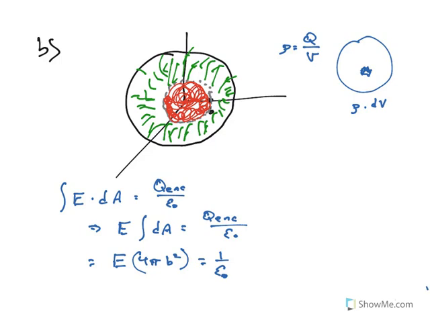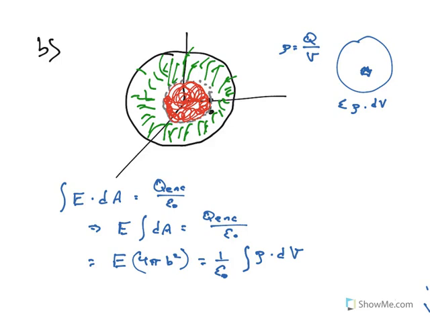So the little bit of Q that's in this little bitty box is going to be the total rho times the volume of the little bitty box we're talking about. And we're going to add all these things together to get the total charge. But we don't want the total charge. We only want how much is inside of our little red region here, our Gaussian surface. So we're going to say it's the integral, the adding up all the pieces, integral of our rho times our dV,